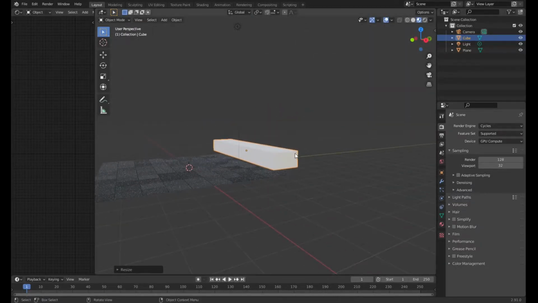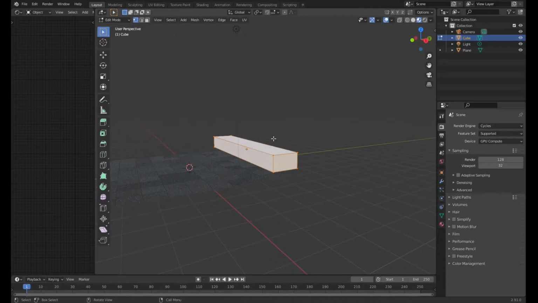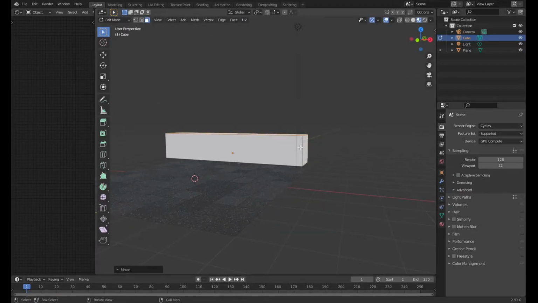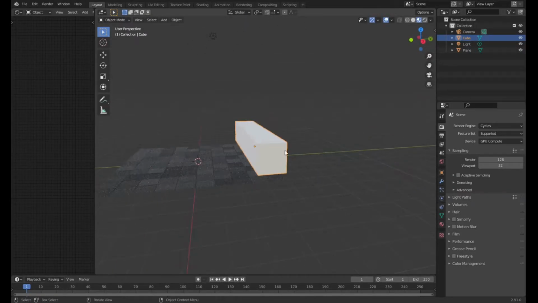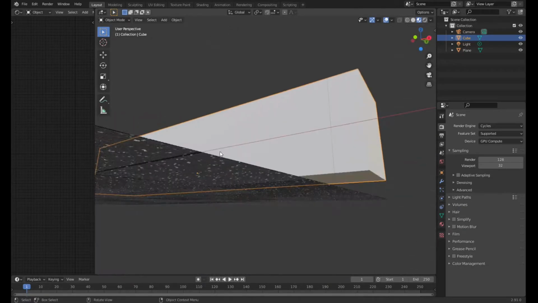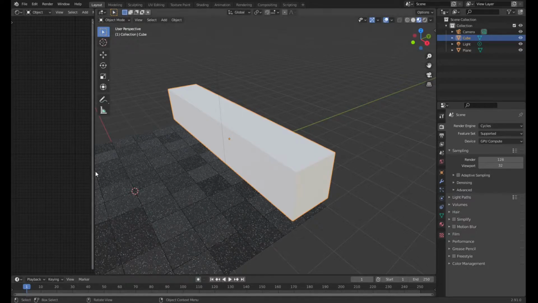So now I'm just going to tap into edit mode and bring this up a little bit. Bring this up on the z-axis. So now we got that cabinet looking thing. And what we're going to do now is open back up the shader editor,